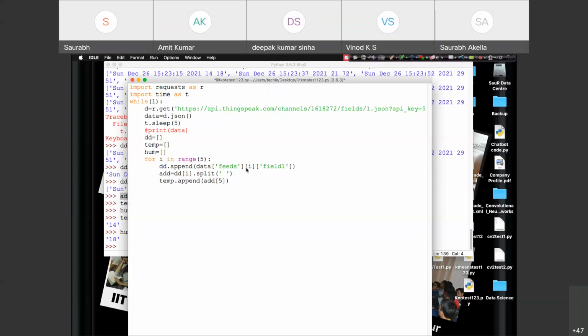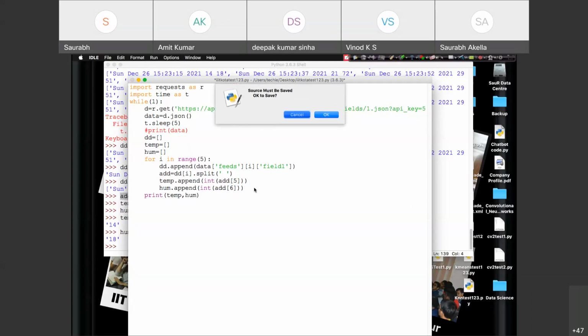And in fact, I have to convert that into int. Similarly, instead of temperature, we should have humidity dot append integer ADD of 6. And let's try to print these two values, temp versus humidity.